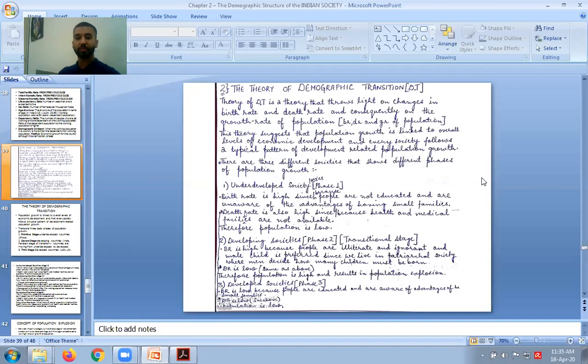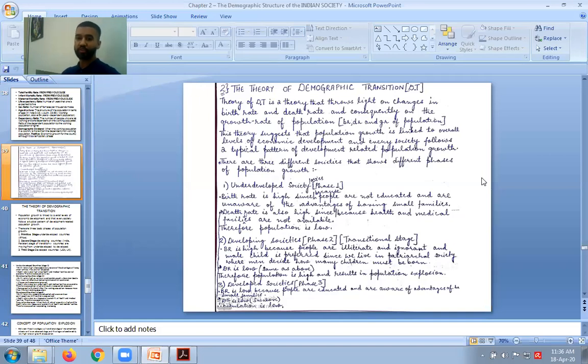If economic development is there, people are going to get good health and medical facilities, so their population is always going to grow, right? And the second aspect that this theory talks about is that every society follows a typical